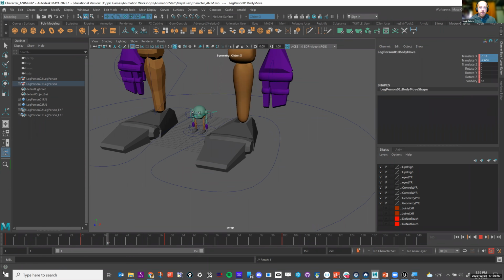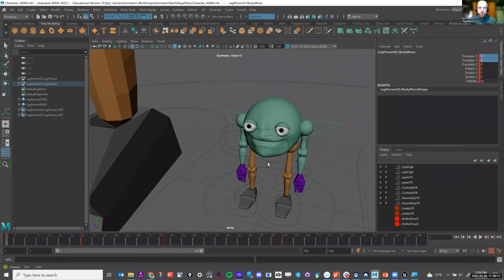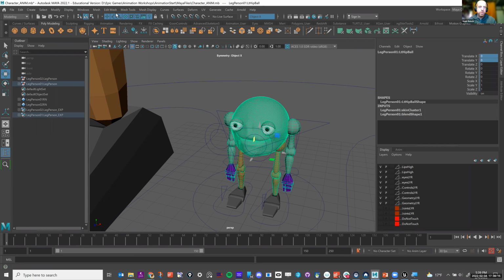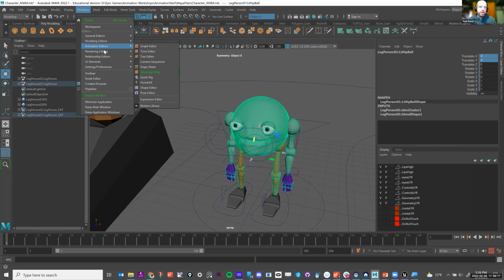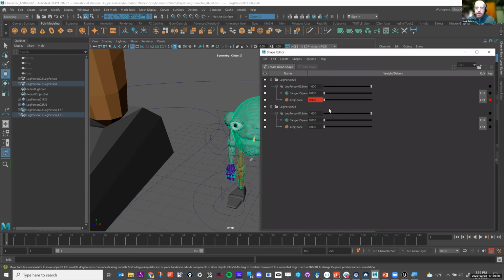And then I'll also put a blend shape on this character, just to show you that blend shapes work. I'm going to select it, go into Windows, what is it? Reference, nope, under Animation, Shape Editor. Okay, and this is the second one that I'm going to do.